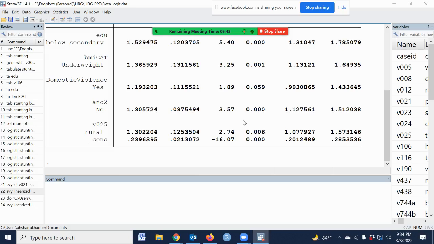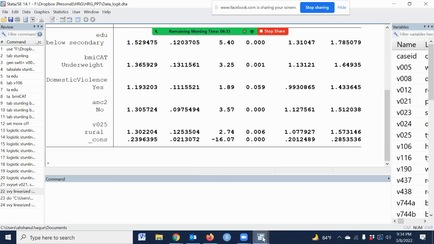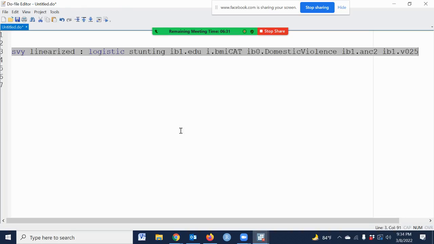Okay, but now I would request, please, during practice of the BDHS data, use this type of instruction. This is the syntax for conducting the logistic regression with sampling weight, cluster and strata.